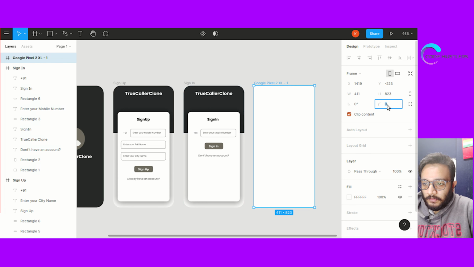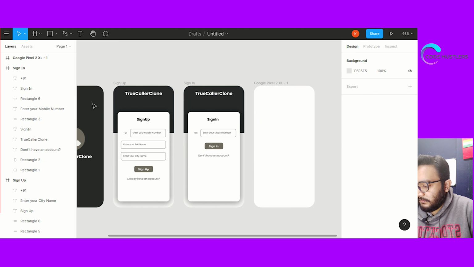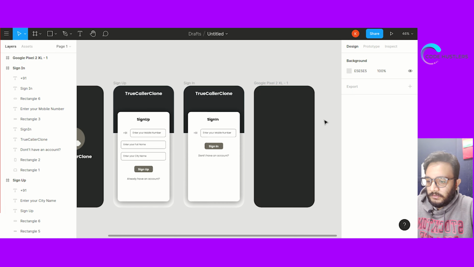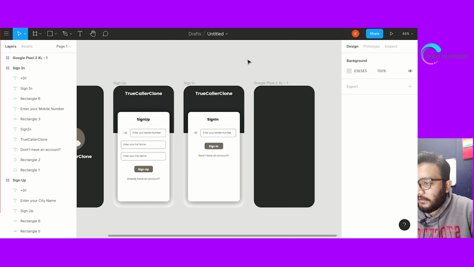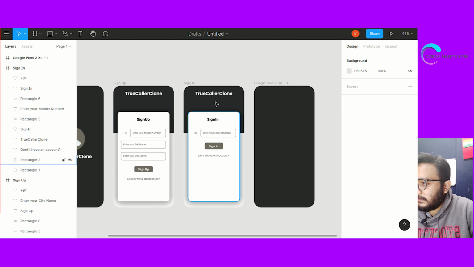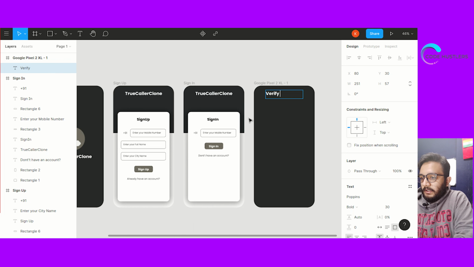Let's give it a corner of 50 and make its color black, as we have done with all other screens. Then for the verify screen, we'll show these tags first. So let's put the title first, and this will say verify OTP.